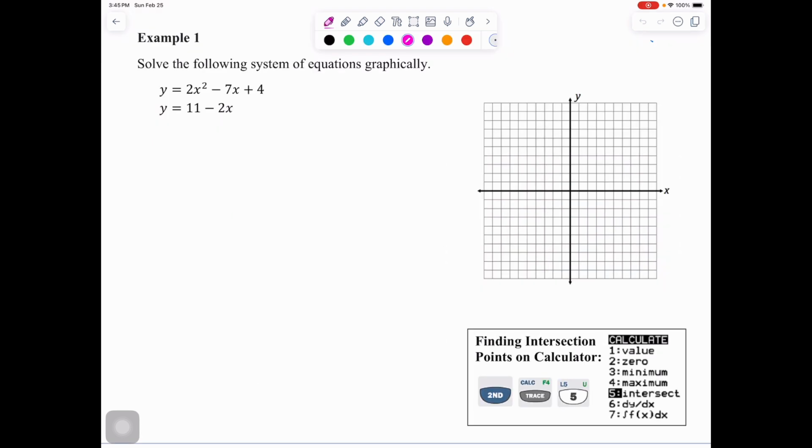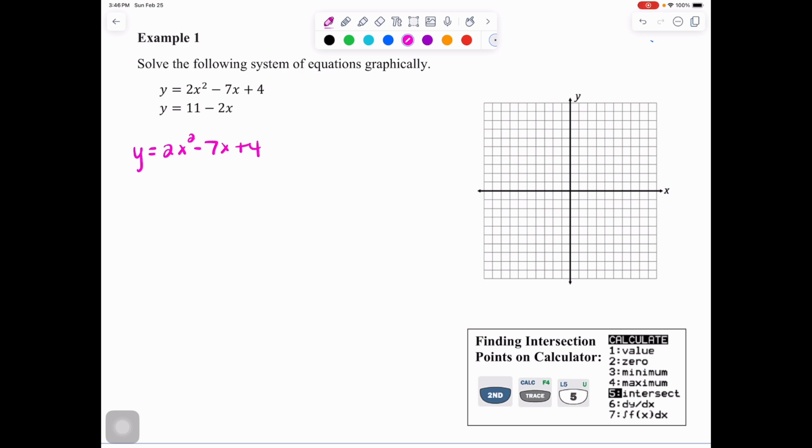So example 1 says, solve the following system of equations graphically. So that means we must show our work for graphing, create a picture of each of these functions on the graph in order to identify the solution, which again would be the point or points where the two functions intersect. So we'll start with y equals 2x squared minus 7x plus 4. This is your quadratic piece, so you're definitely going to want to use a table of values and go directly